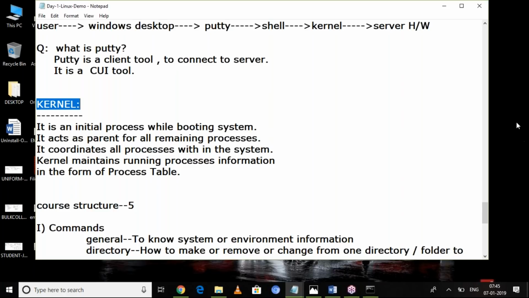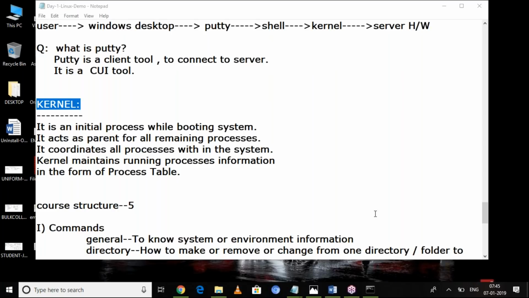If you boot your system, the booting process will be started. Booting process means the operating system programs or files will be started one by one. After some time, the system is ready for you to work.